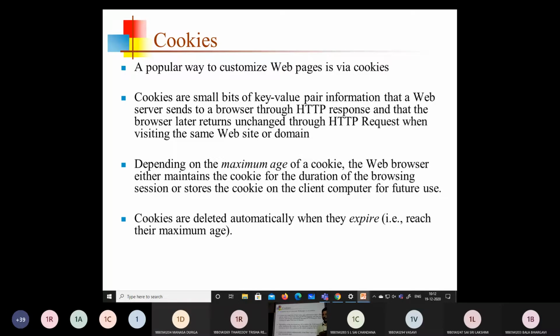Every time a request is placed by the browser, and every time a response is generated by the HTTP server, the cookie information is also transported along with the requests and responses between the browser and the HTTP server.